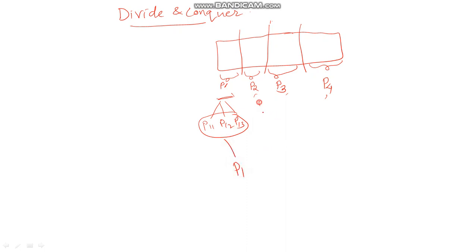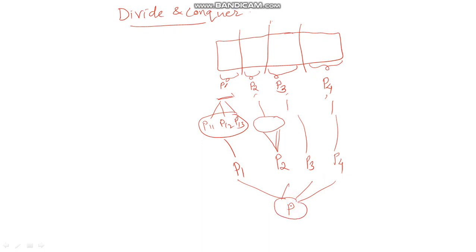And similarly for these 3 sub problems also, if needed, we can divide them. We can go on dividing them for n number of times until we get that the problem is solvable, and then whatever the solvable problems will be there, they will be solved and they will be combined together to get the solution of these 4 sub problems, let us say in this case. So finally what we do is we combine the solution of these 4 sub problems to get the solution of the complete problem.